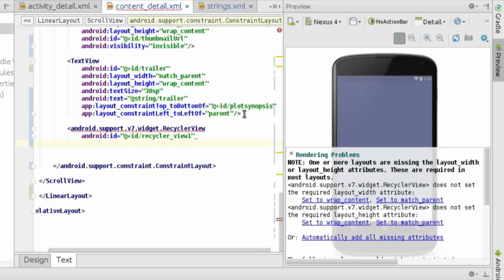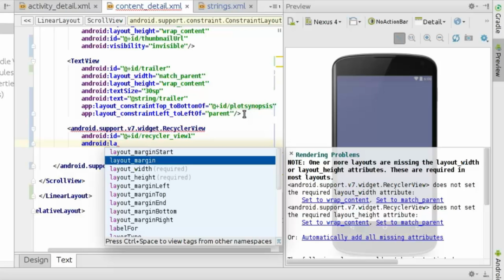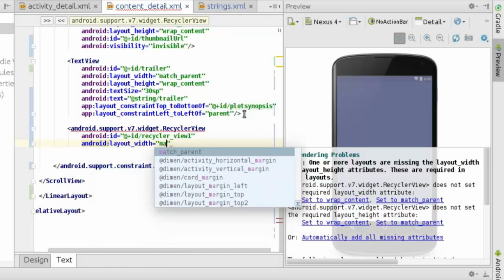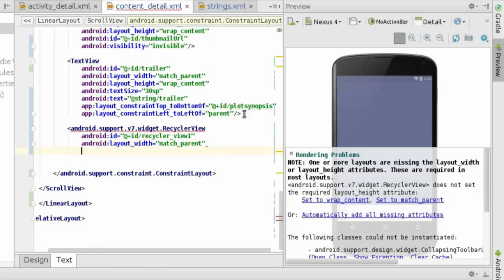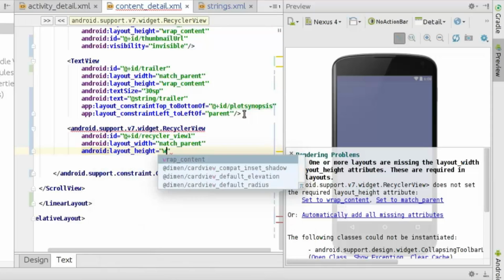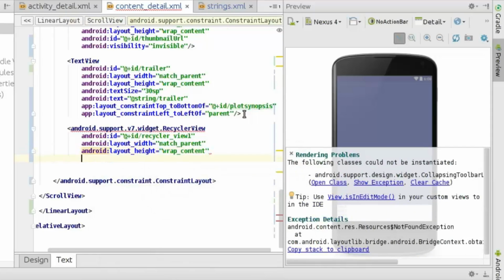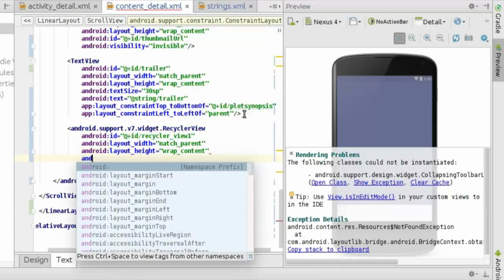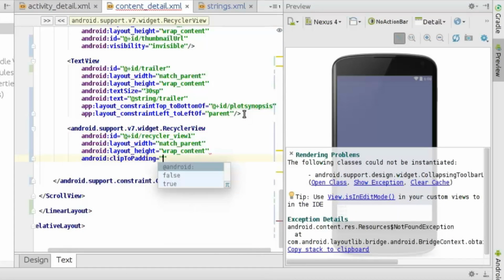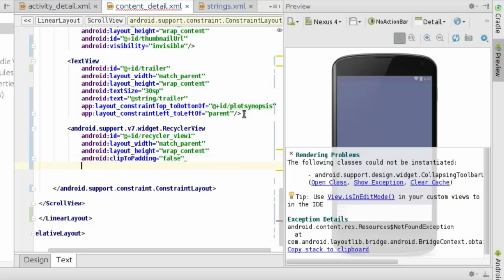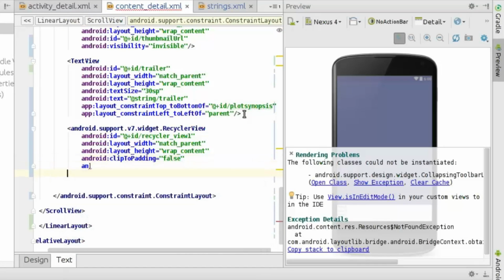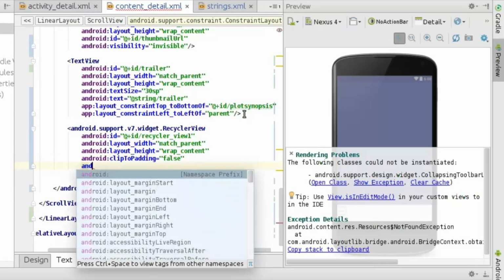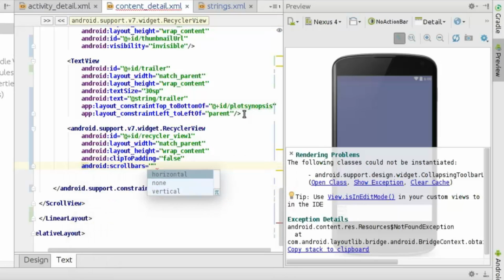We're going to have a sort of layout, Android layout width required, match parent. Same thing goes for the layout height, Android layout height, wrap content. Now we're going to have Android clip to padding false. We're also going to have Android scroll bars vertical,